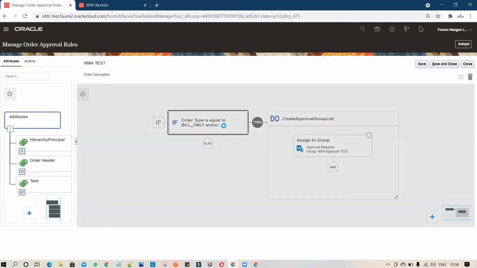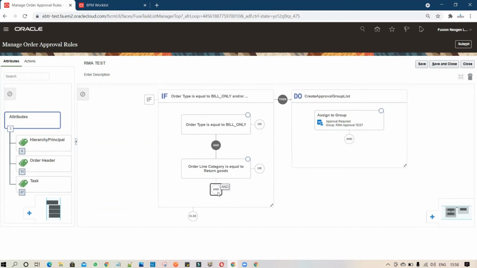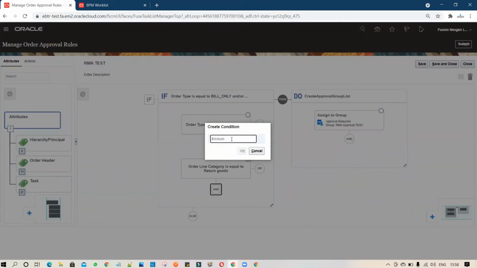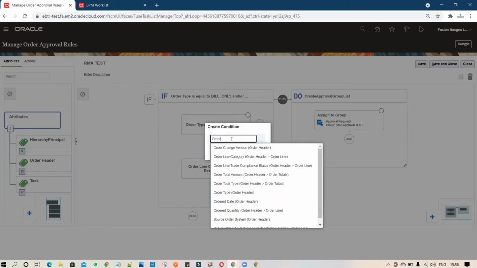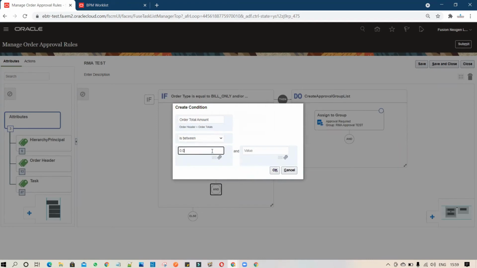Now, one more thing, if you want amount based RMA order approval, for that you can add another attribute called order total amount. So you can set it up. Now you have to set the in between condition, and based on that you can enter your values.